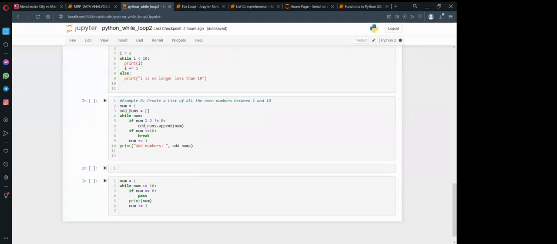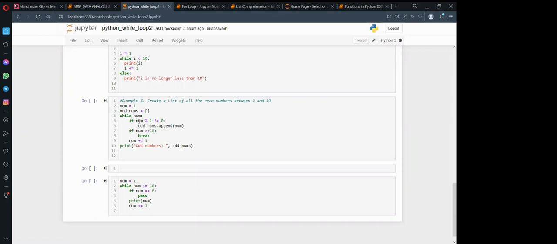This odd nums is just a variable, and you want to put these values in a list. So you say odd number is equal to an empty list. If you have heard about lists or tried using them, you can also have an empty list. So initialize it just on top of the while loop. Then you say while number, which is the number here, number 1.